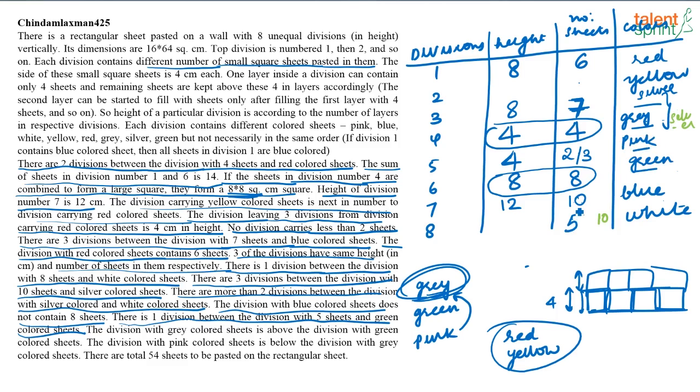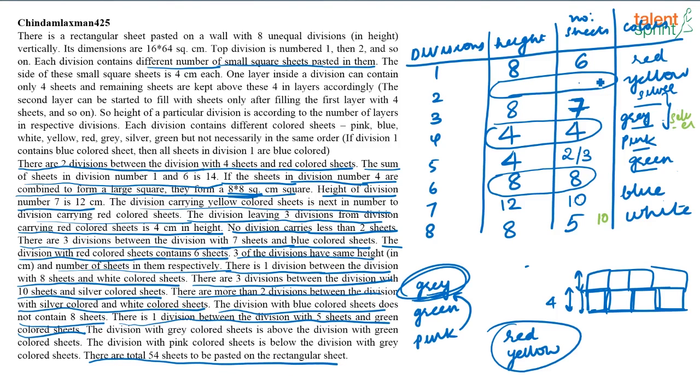Now if this is fixed, 5 sheets means what will be the height? 8. So this is your arrangement. So now this arrangement seems to fit everything. See, we needed 3 pairs which have same height and the same number of sheets. So the last pair which has the same has to be this one. Now how do I find out this value? See, here it is given there are totally 54 sheets to be pasted on the rectangular sheet. So